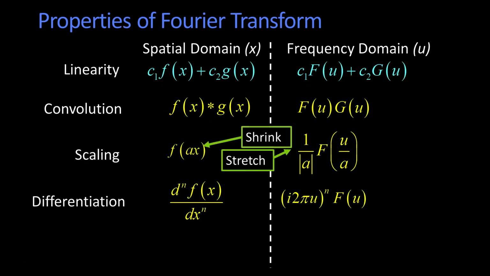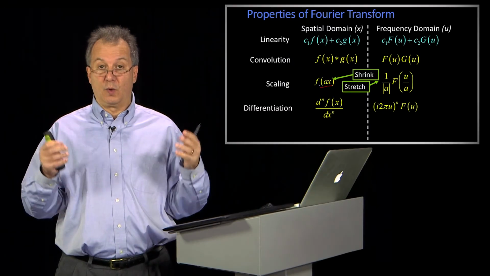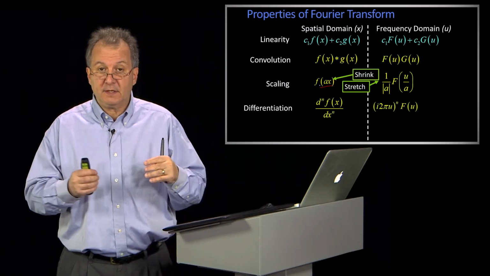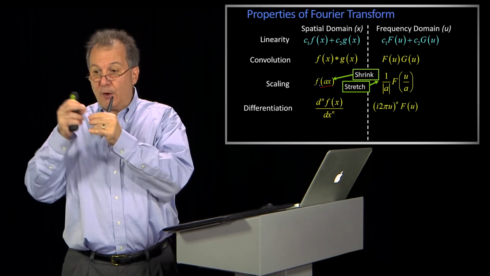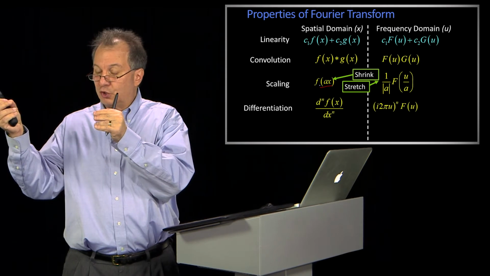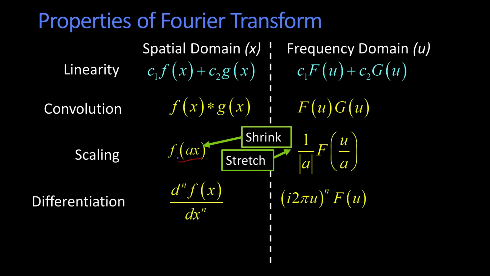One that's kind of interesting is scaling. So if I scale a function by a constant a, let's think about it this way. Suppose a was greater than 1. Let's suppose a was 2. Well, that would mean that when x had been 1, now x is 2, so it would shrink, right? When you multiply by a number bigger than 1. So if I had some function, now what happens is this value gets moved over there,